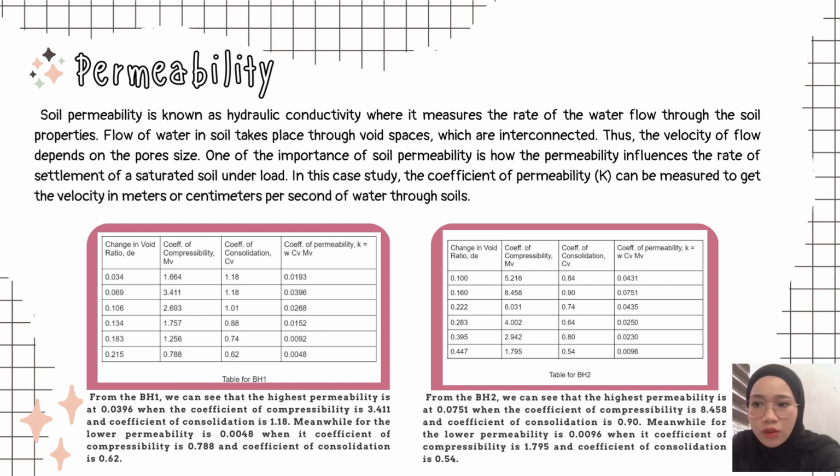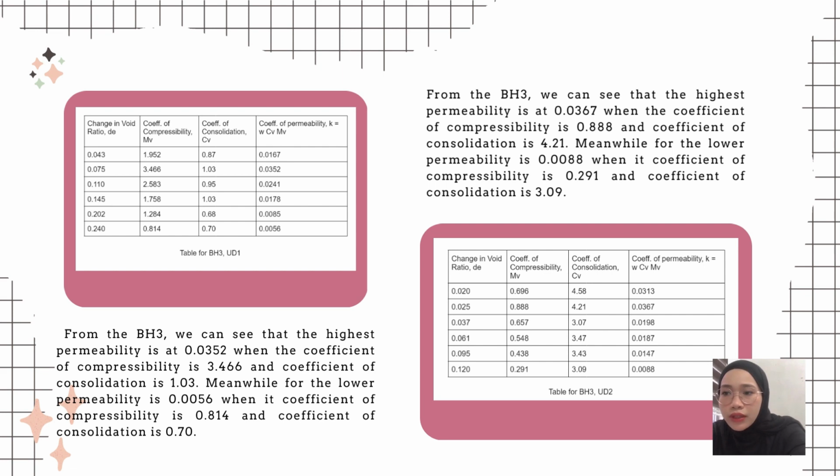So this is the table of borehole 1 and borehole 2 showing how the coefficient of permeability can be kept. For borehole 3, we can classify it into UD1 and UD2. For UD1, we can see the highest permeability is at 0.0352, and the coefficient of compressibility is 3.468, and the coefficient of consolidation is 1.03. Meanwhile, the lower permeability is at 0.0056, and the coefficient of compressibility is 0.814, and the coefficient of consolidation is 0.70. Meanwhile, for the UD2, we can see that the highest permeability is at 0.0367, when the coefficient of compressibility